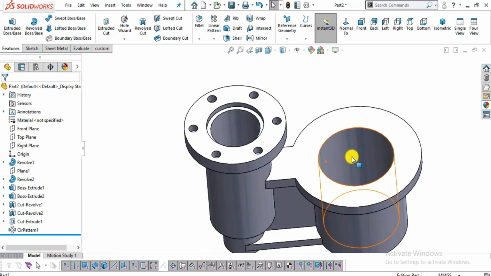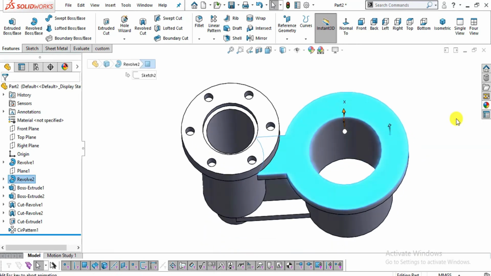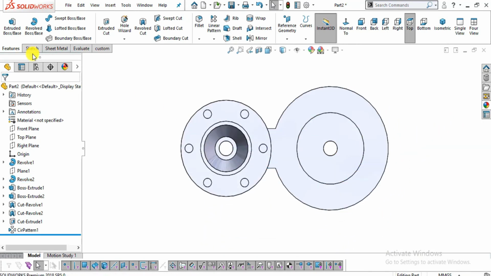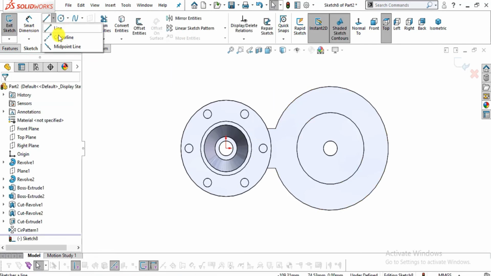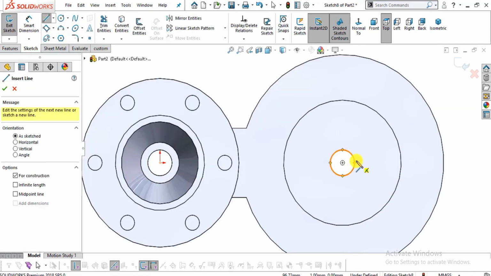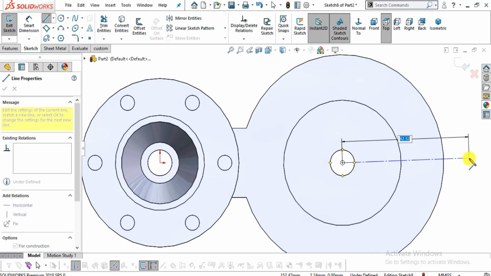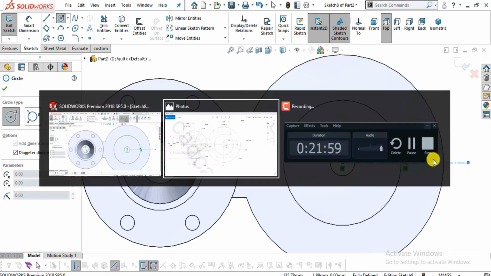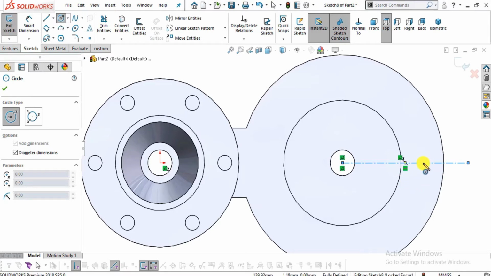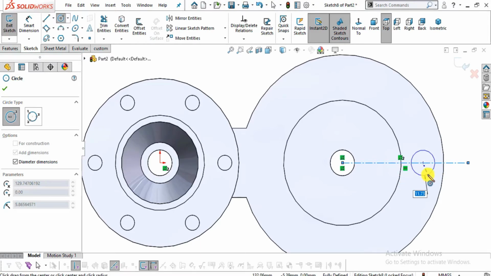Now again I will select this plane, normal to, and sketch. Now create another horizontal center line like this, and create a circle of dia 4.2. Snap anywhere in the line, enter the value of 4.2.